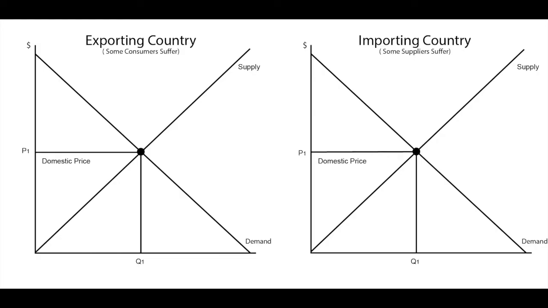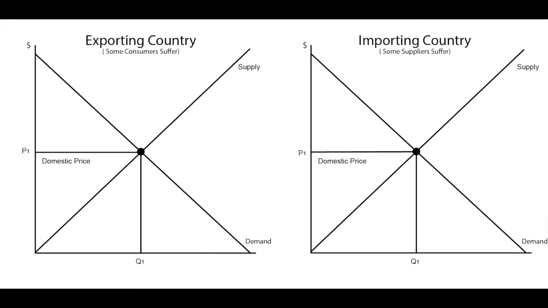For example, China produces the iPhone, and yet the iPhone is more expensive in China. Well, that's because of the way comparative advantage works. So in our first graph, we have a country that is exporting more of its good than importing. We begin this graph with a traditional supply and demand curve, and you will notice that there is